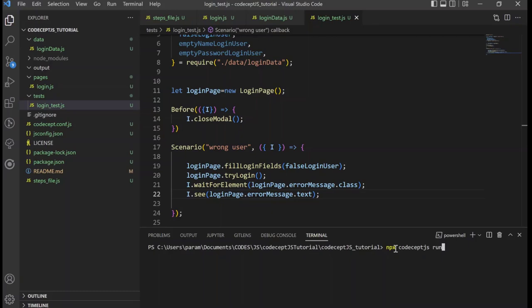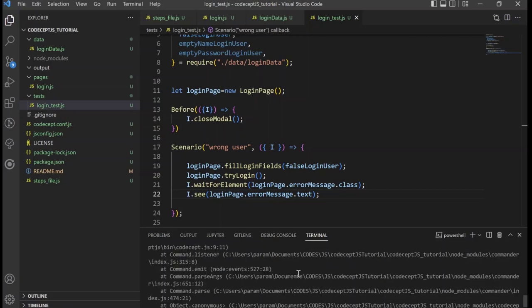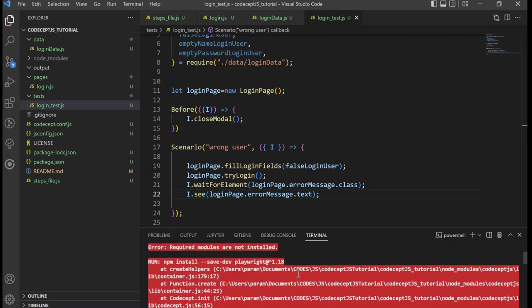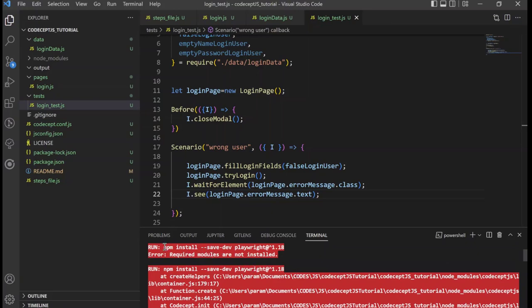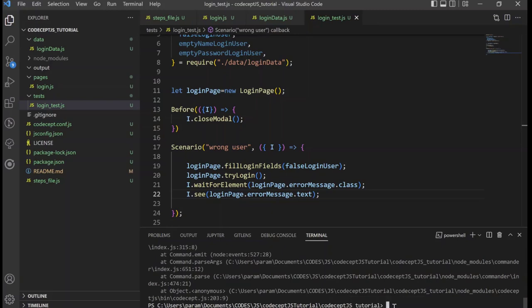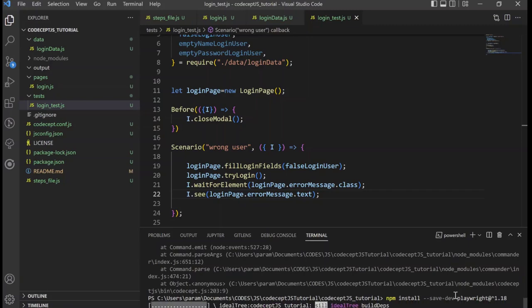This will run all the tests in your tests folder, but now we have only one test, so it's gonna run our test. Let's click enter, and yeah, you can take that kind of error. It says we haven't installed Playwright, so copy and paste this npm install save dev Playwright. So it's gonna install Playwright helper. You can just install that one before taking that error. After it is installed, we're gonna run again.